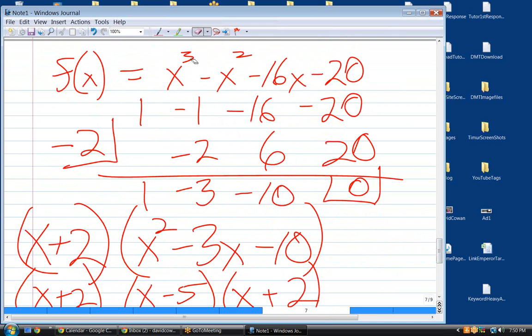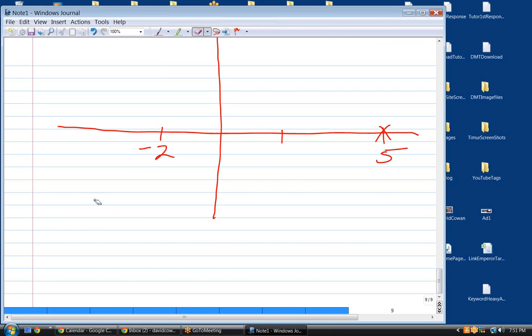Yeah, the highest degree term determines end behavior. We don't even have to look at any of this to determine end behavior. And you can tell if you substitute negative infinity in for x and cube it, you get negative infinity. So that tells you that it comes up from the bottom. So the start of this function,